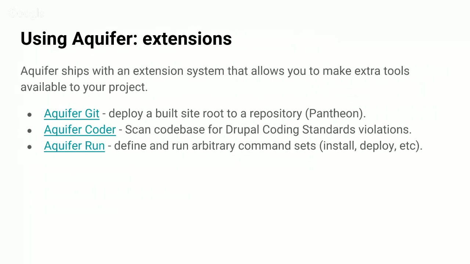So the extensions that I was mentioning earlier, Aquifer ships with an extension system that lets you add extra tools to your project on a project-by-project basis. There's a couple extensions that we've created that are really useful and that we use a lot. Aquifer Git, which allows you to take a Git repository, build a Drupal site, and then commit it to that repository. So let's say you're using Aquifer to build something you're running on Pantheon. Well, Pantheon can't run Aquifer on their servers, so you can run Aquifer Git against the Pantheon